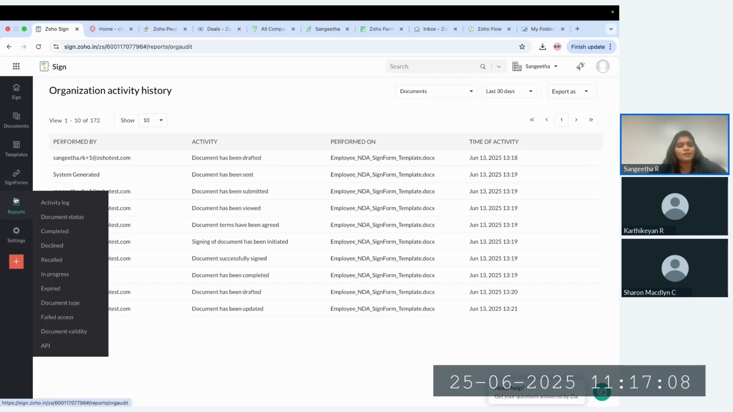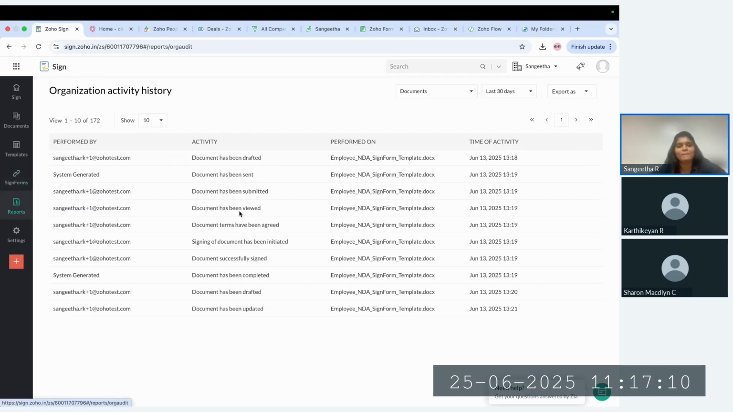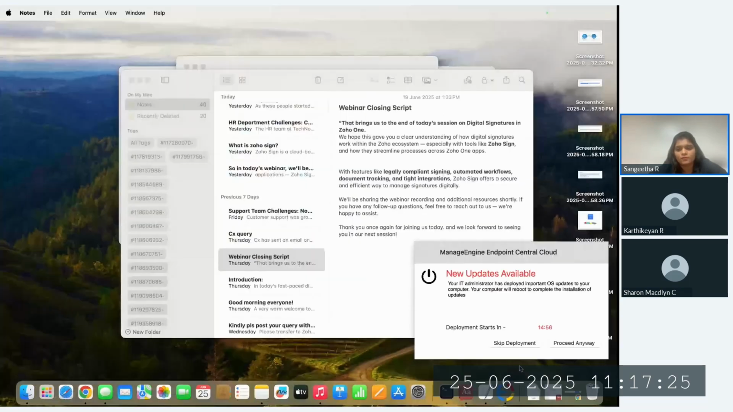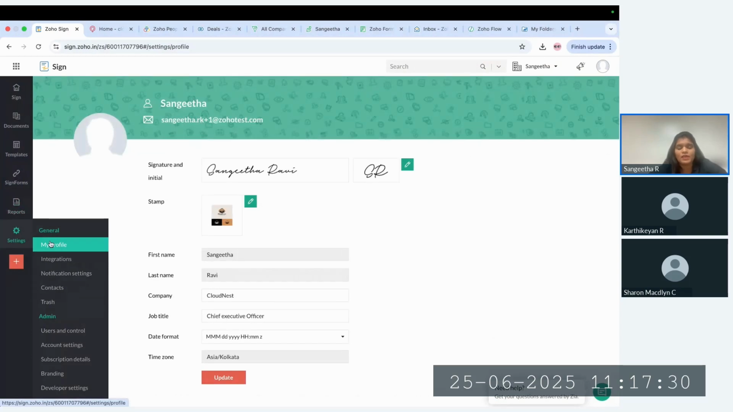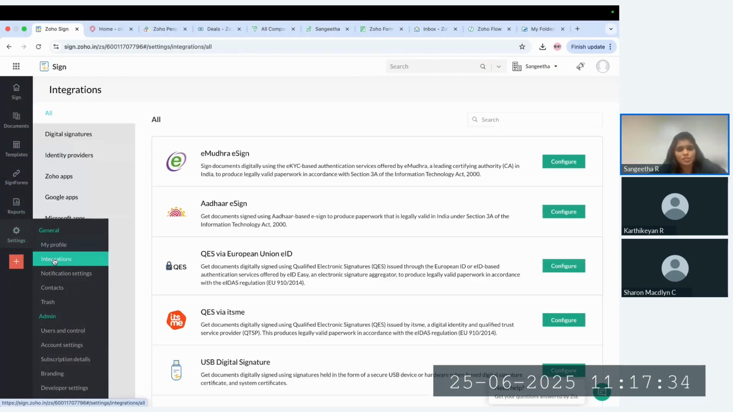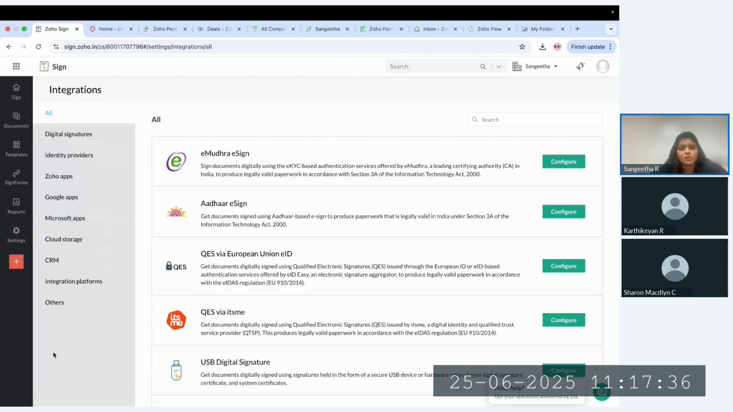Okay. And in the reports module, you'll be able to see the complete organization activity history, like what kind of document has been sent, whether it has been viewed by the recipient or not, and all the statuses. Basically all the activity, like we discussed, will be viewed under the activity history itself. Okay. Under the settings page, as we discussed already, we have seen how to configure the my profile section and everything. Under the integrations, you'll be able to see the different types of applications available for integration